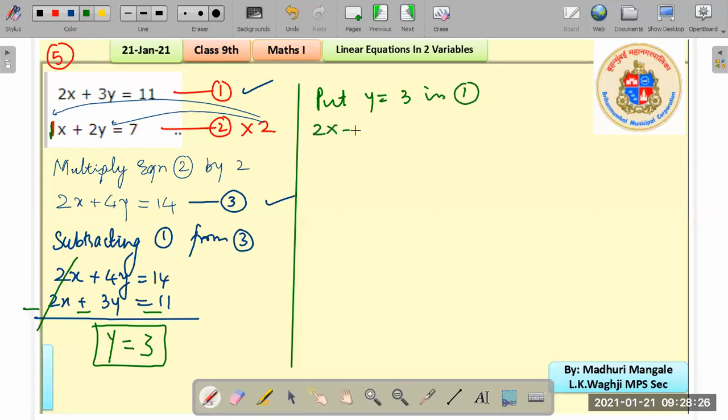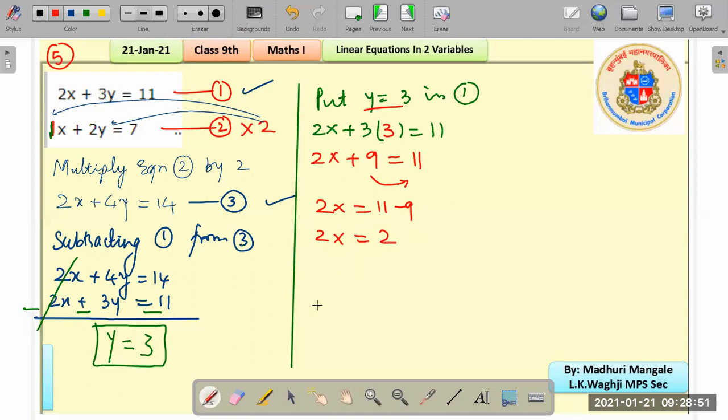So 2x plus 3y equals 11. What is y? y is 3. So replace it with 3 here. And that will give us 2x plus 9 equals 11. What should be the next step? Plus 9 moves to the other side. That will become a minus 9. So 2x equals 11 minus 9. 2x equals 2. And x will be equal to